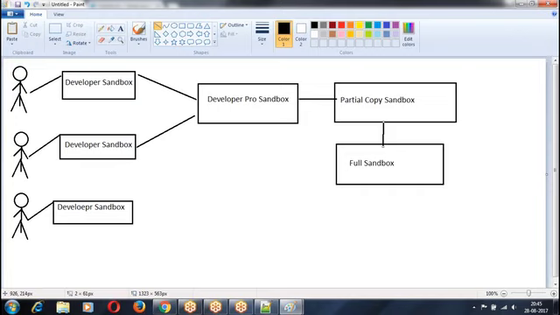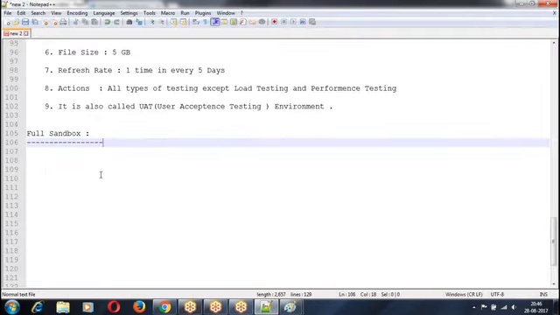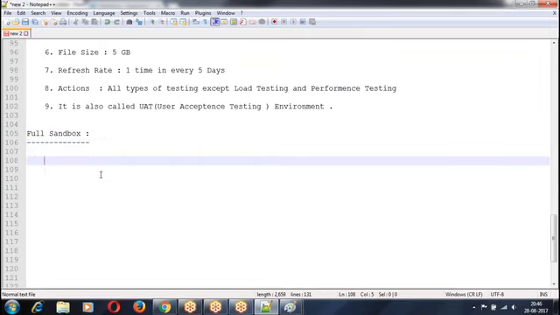It is generally used for what? Testing purpose. What type of testing? Load testing and performance testing. So what is the full sandbox? It is a design for what? Testing purpose. Full sandbox is an instance of